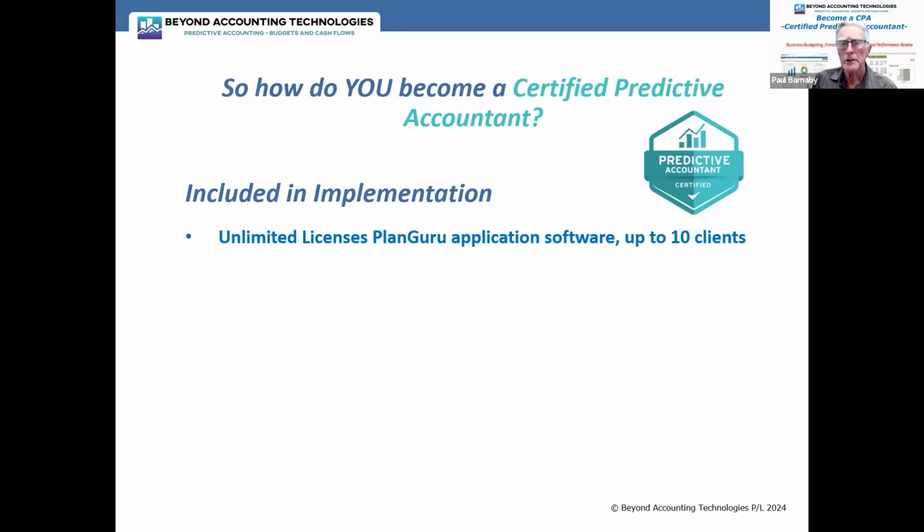Normally out there, it's only 3 before you start paying extra. And it's not a lot extra. It's something like $30 US a month for additional clients. So not hugely expensive in any event. So you get as many licenses as you want to use, then you have the clients up to 10, or you can increase that as you go.